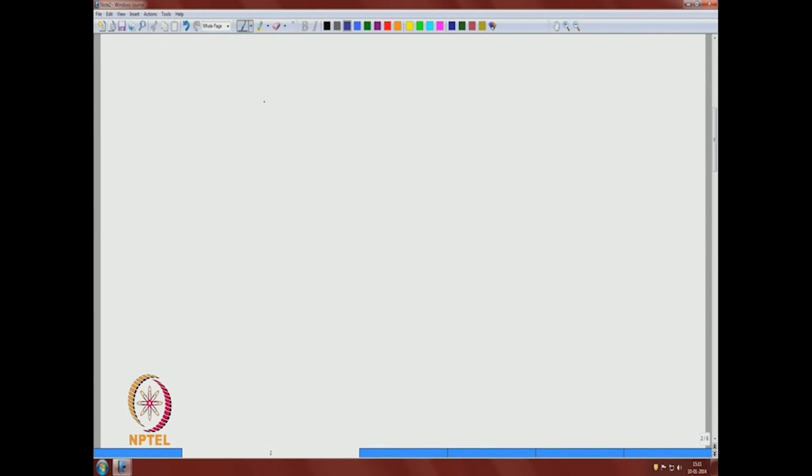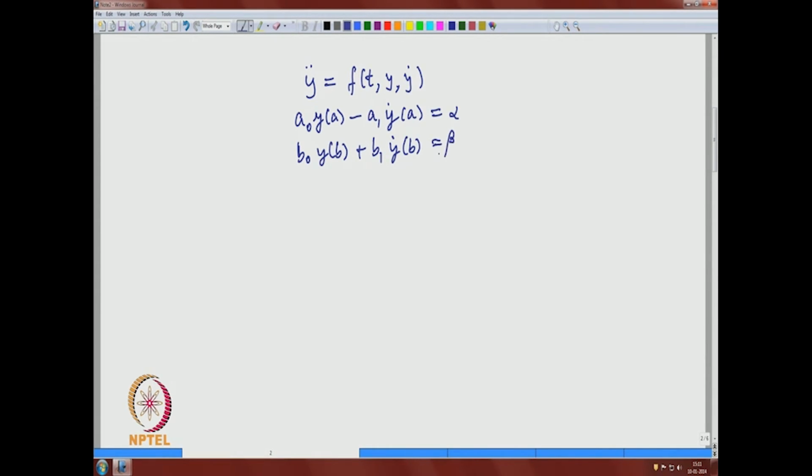Okay. So, we started with, let me again go back to y dot dot equal to f(t, y, y dot), and a0 y(a) minus a1 y dot(a) equals alpha, and b0 y(b) plus b1 y dot(b) is equal to beta. So, this is the BVP, call it 1a, 1b,